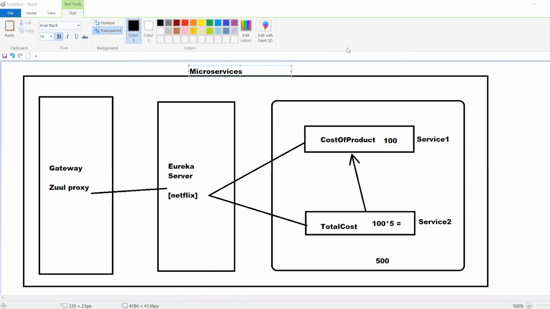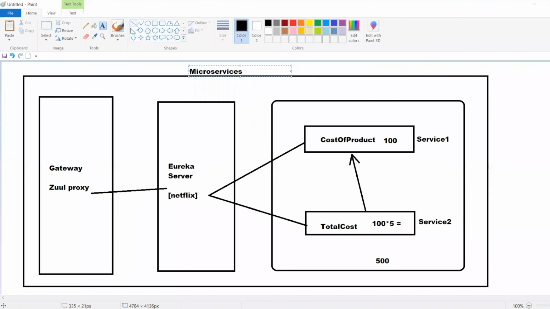Architecture is announcing us: don't write all the services in one area, better to separate. Whenever one service wants to communicate with another service, you can communicate just by method calling. Simply like method calling. For understandability purpose, I'm telling like method calling, but a different concept is there, we'll see.